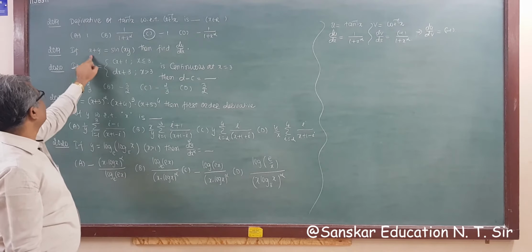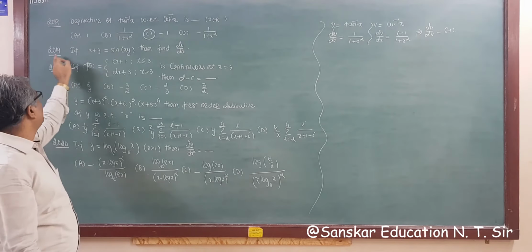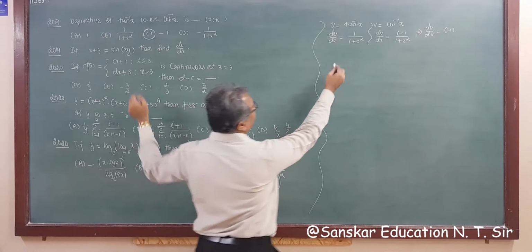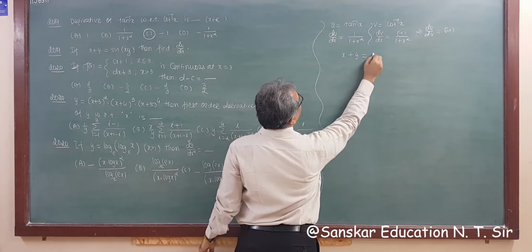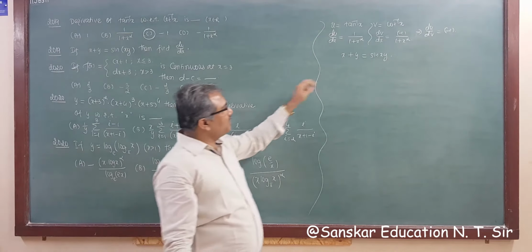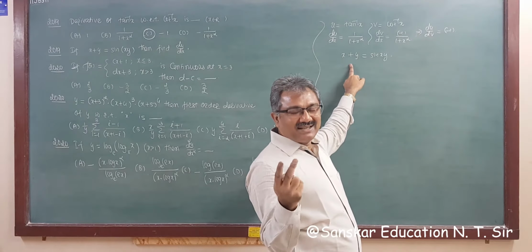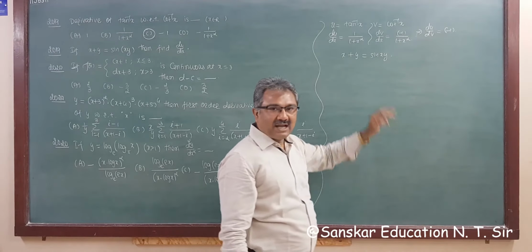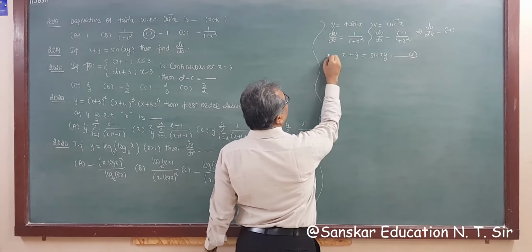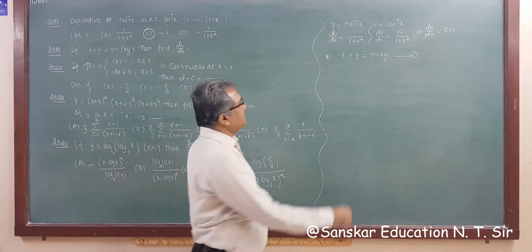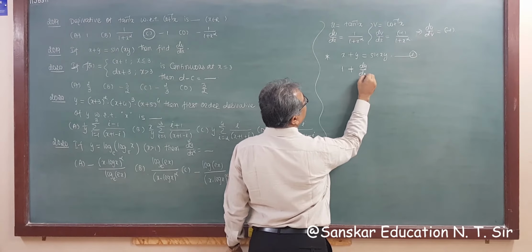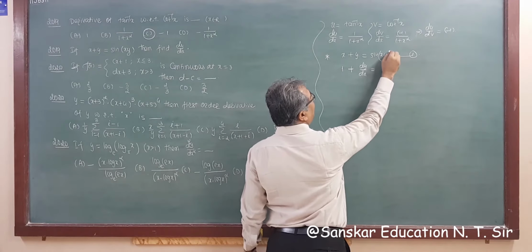Right? Now this is asked for 2 marks in 2019, right? So if x plus y is equal to sin xy, it is given x plus y is equal to sin xy. Now first we are going to solve this question for 2 marks, and then we are solving this for MCQ also, right? So differentiating with respect to x, derivative of x is 1, derivative of y is dy by dx, is equal to sine bracket,